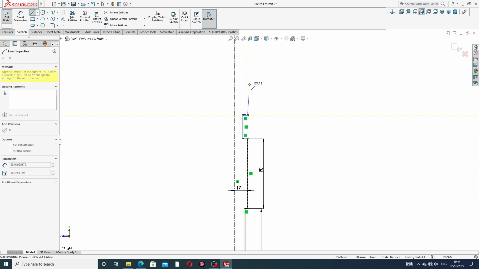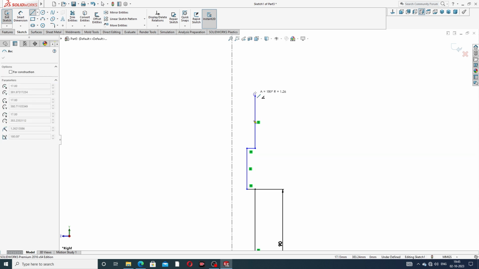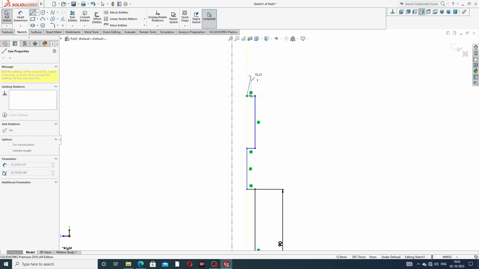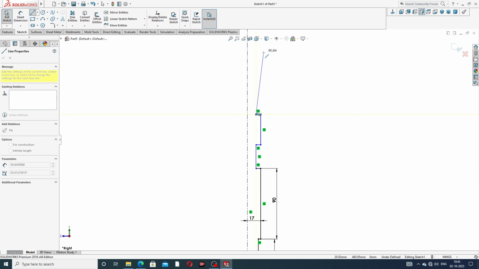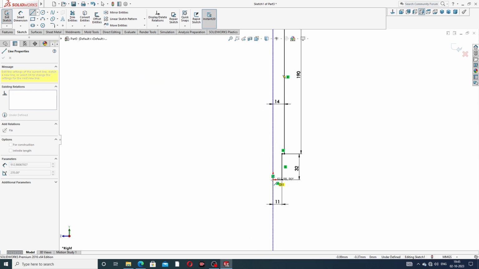Okay, and use this line and connect to this. Okay, and also this line is connected here, and use this, and use this connect to this, and last connect to this. Okay,